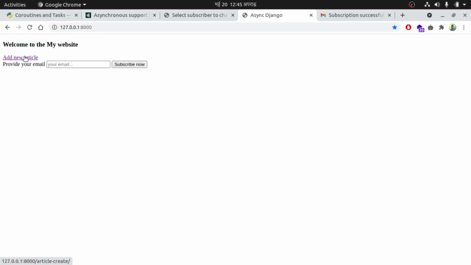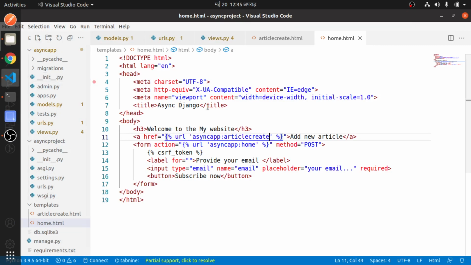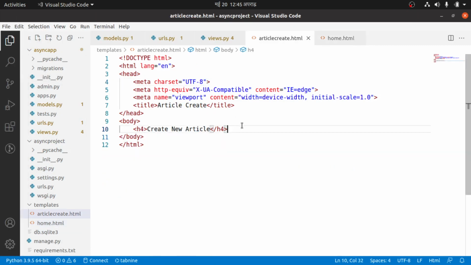So let's check it. So let's go to our home page. You can see that add new article. If I click it, we can go to the create new article page. Okay, so after that I want to put a simple form here,